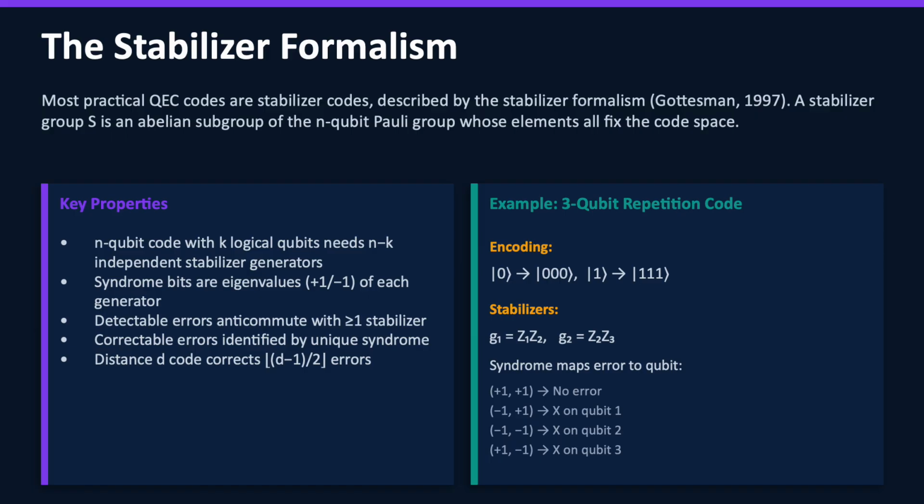A key parameter in this framework is the distance of the code. A measure of how many errors would need to occur simultaneously to fool the system into thinking no error happened. A code with a higher distance can correct more errors, but generally requires more physical qubits to encode each logical qubit. Designing codes that achieve high distance with as few physical qubits as possible is one of the central engineering challenges of the field, and it is the problem that motivates the search for better and better code families.